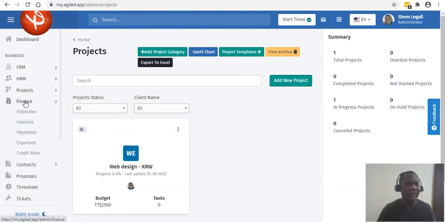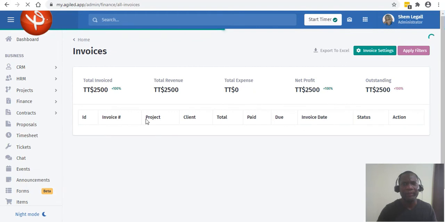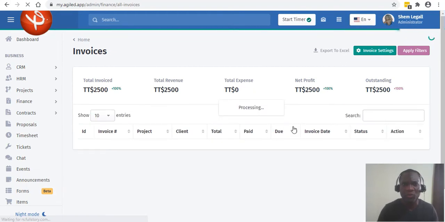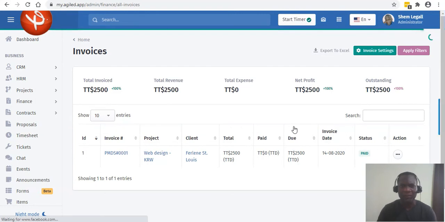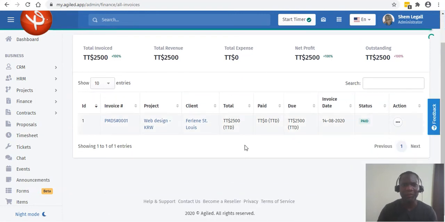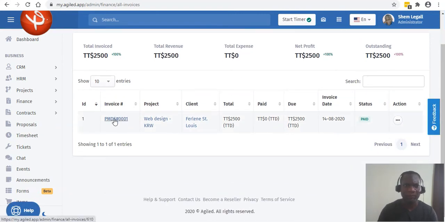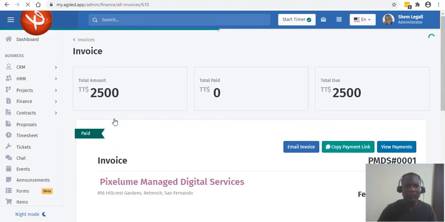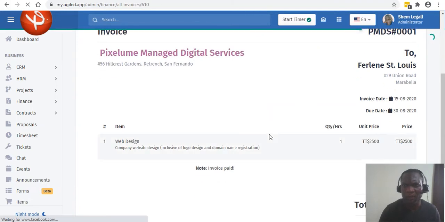Now, the finance here, I think the main one for me right now would be the invoices, right? Because we do have to create invoices to send to specific clients, because it's part of the business. So this is one I created for the existing client, and I can just probably show you. There's nothing to be hidden. Of course, this is what